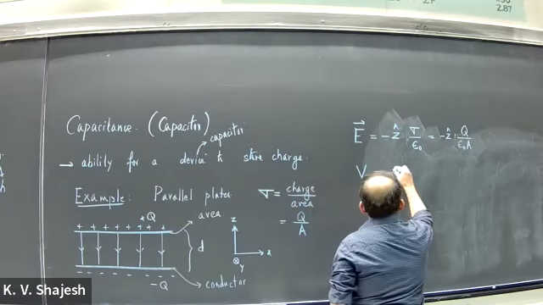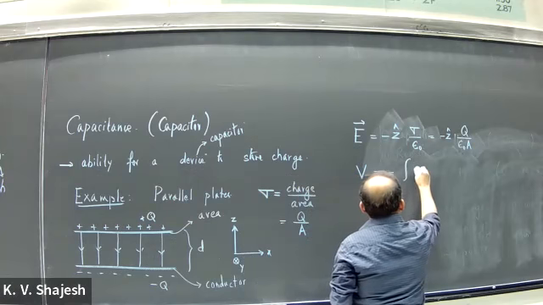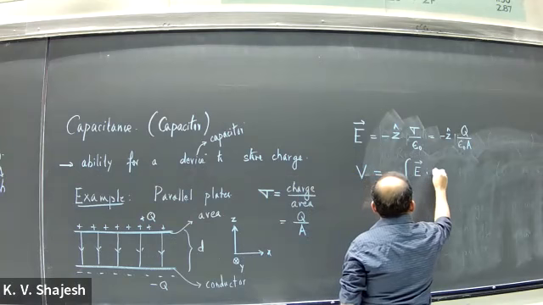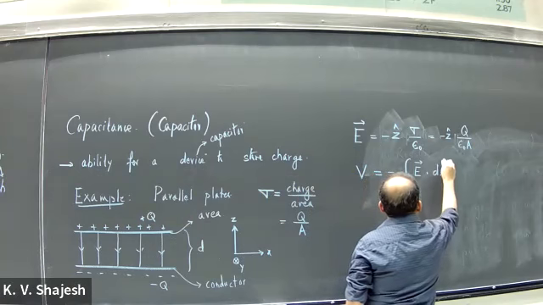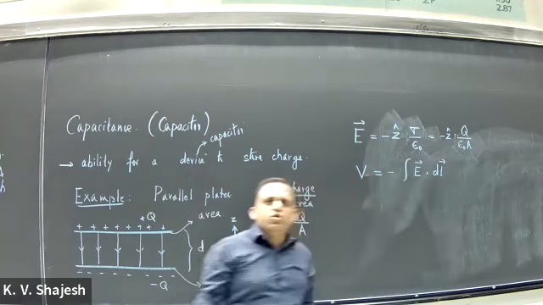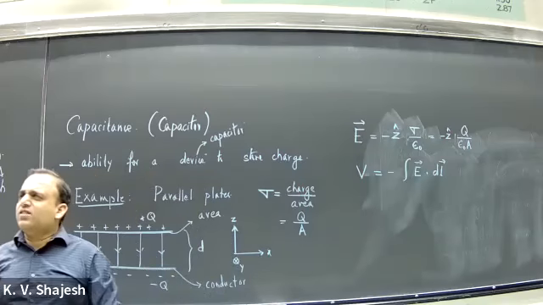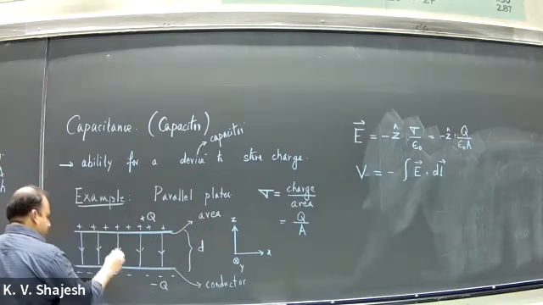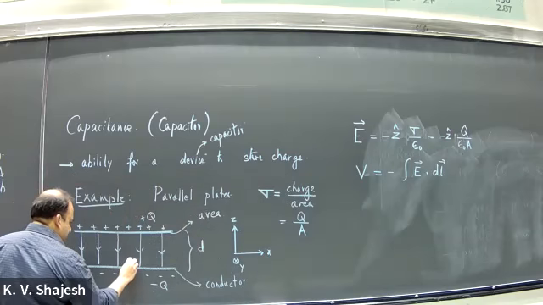So it is minus the electric field dotted with dl, along whichever path you go, but it is path independent. So I'll pick two points in here. So let's say you release